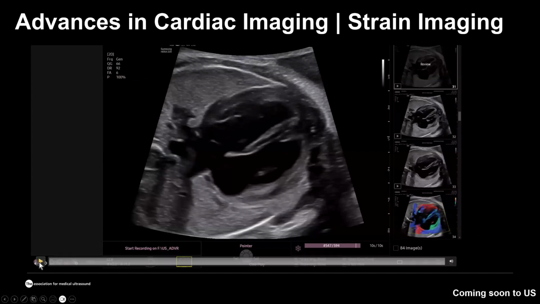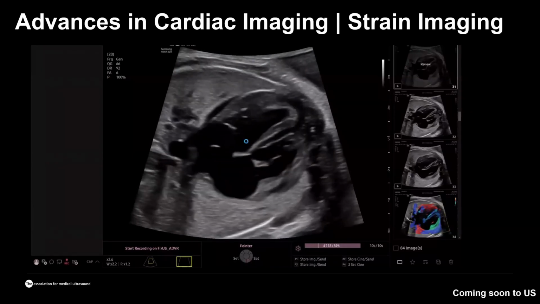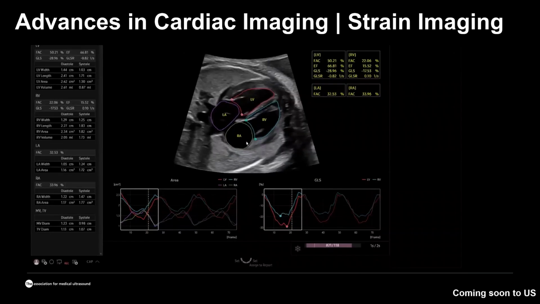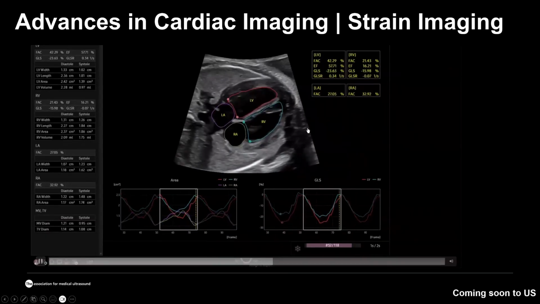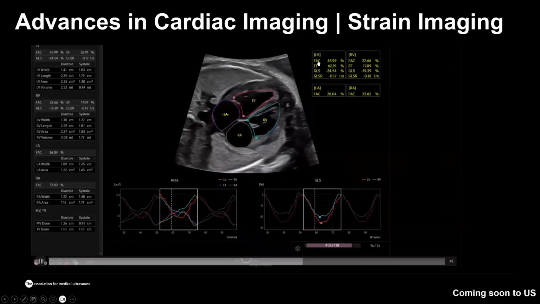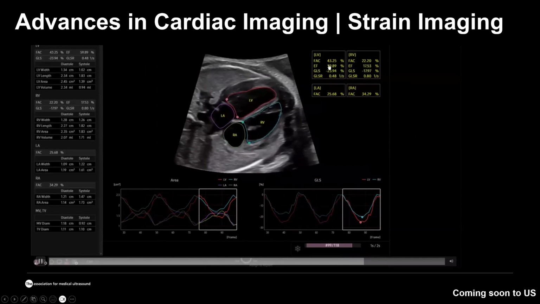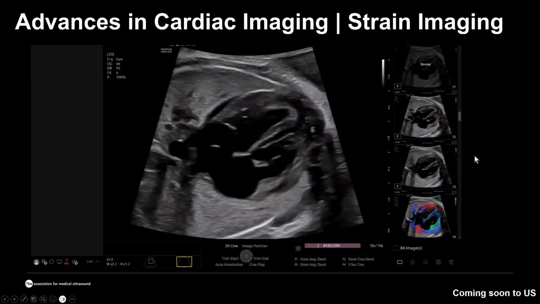And indeed, this is again a one button solution. This is a technology called Easy HQ. Here I activated it with that one button, and you can see that the data is being converted. Then you can really appreciate how much data I can identify about the functional state of this heart. I can see the fractional area change, the ejection fraction for the left and the right ventricle, and the global strain. I can see all those parameters, and I can check them from cycle to cycle.